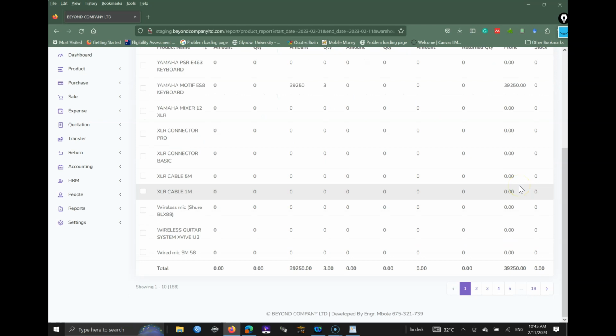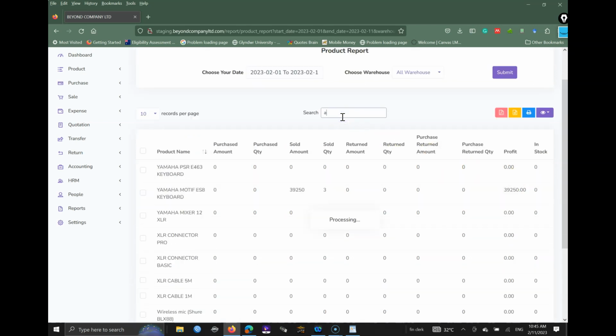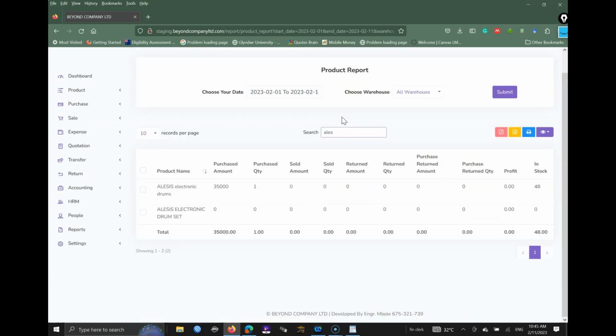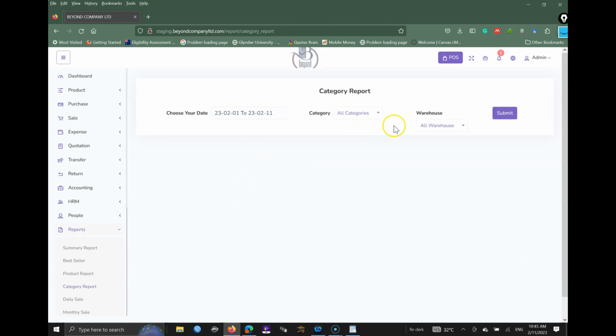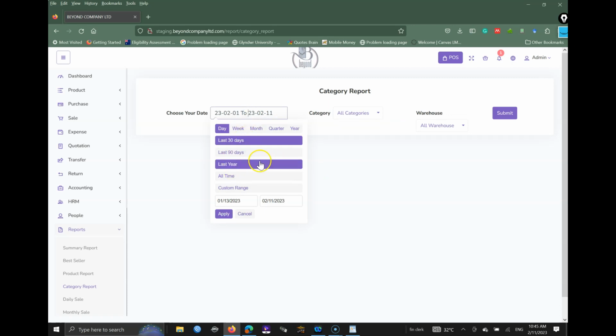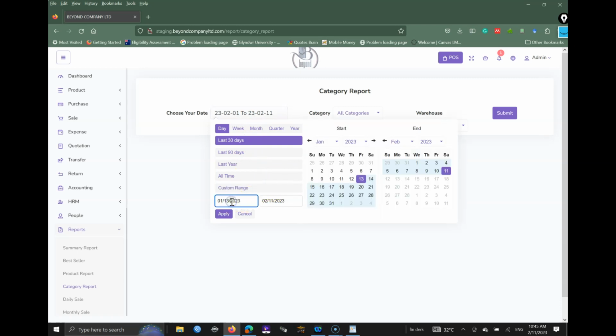There is also the stock worth here. Most of these products are digital, but if you look at a product like Elysis, you will see how many of them are available. Very few have been sold. And you go back to reports again, you have category reports where you can see sales per category. You have the different categories that you created. You specify the time period. It can be 90 days, the last year, all time, custom range, where you specify the start